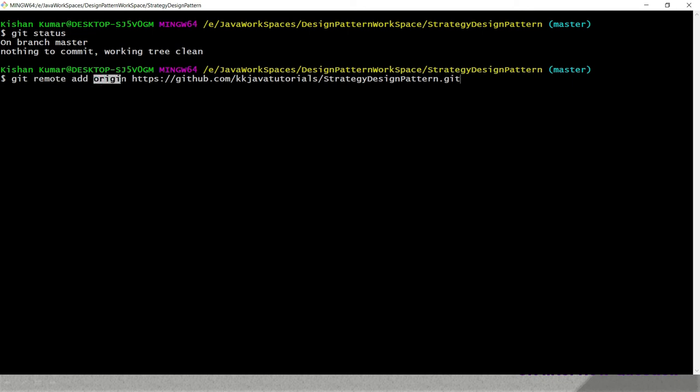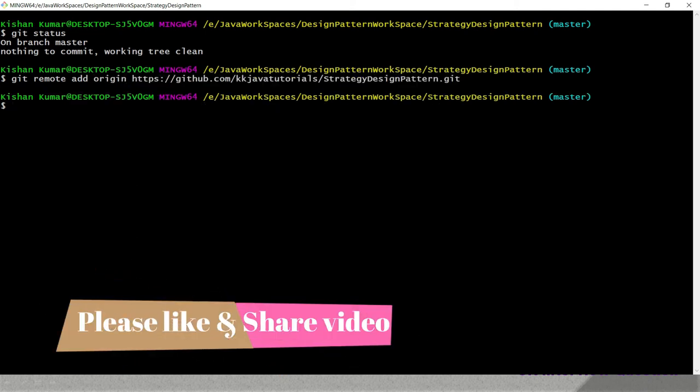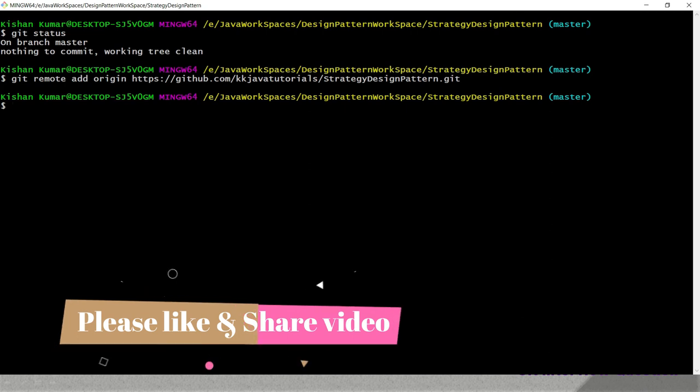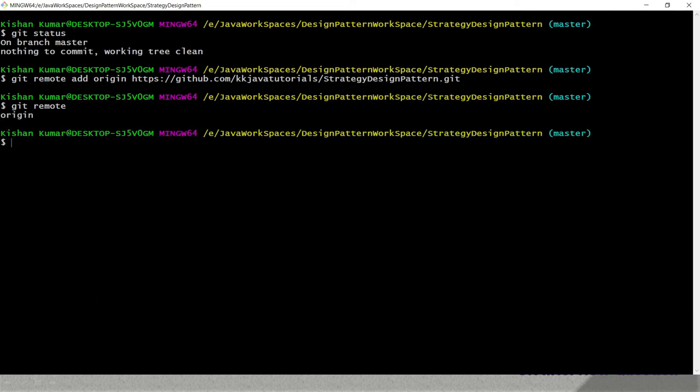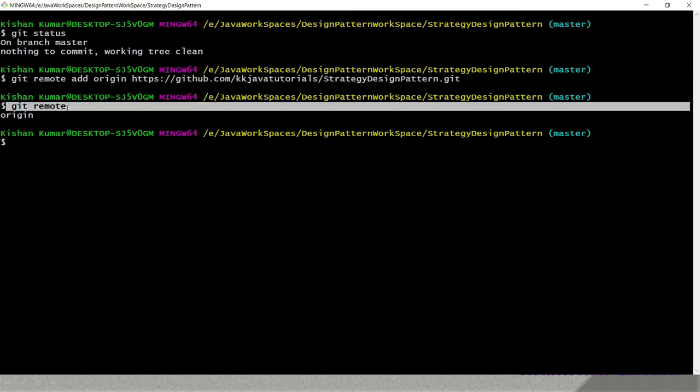We are giving the name as origin, and this is the actual remote repository URL. Once you press enter, if you do git remote, it shows origin. But before executing this command, if you issue git remote, git will return nothing.